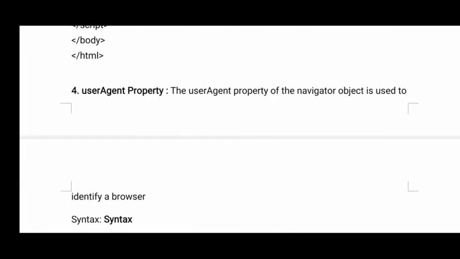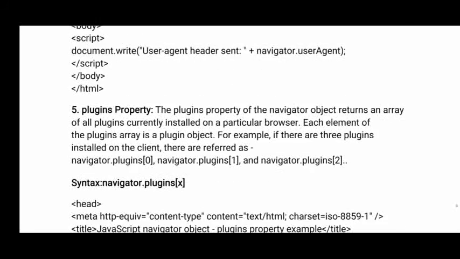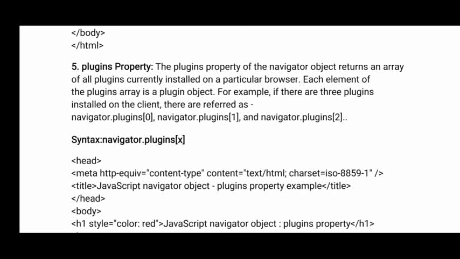Next, user agent. What user agents are identified in the browser? You can find that out by using navigator dot user agent. Plugins: what additional software is loaded in the browser window?